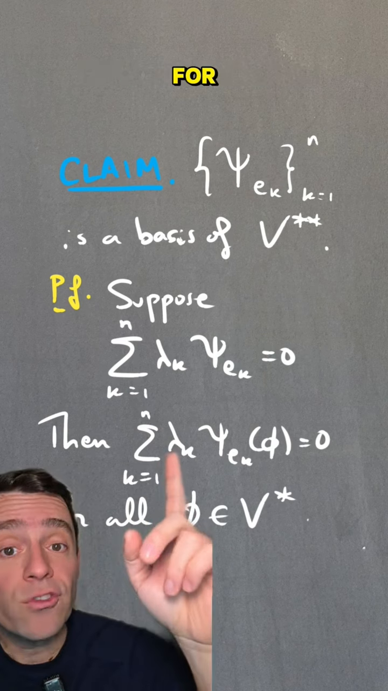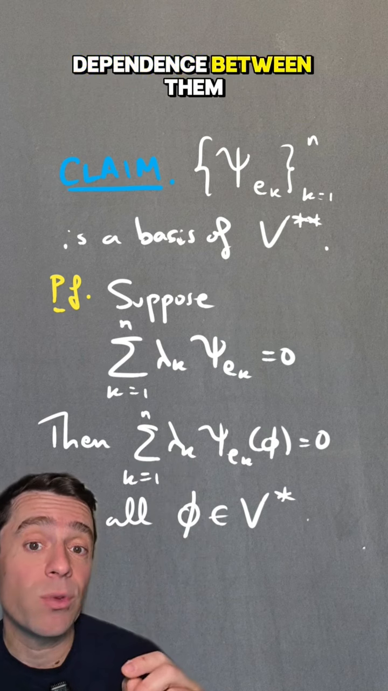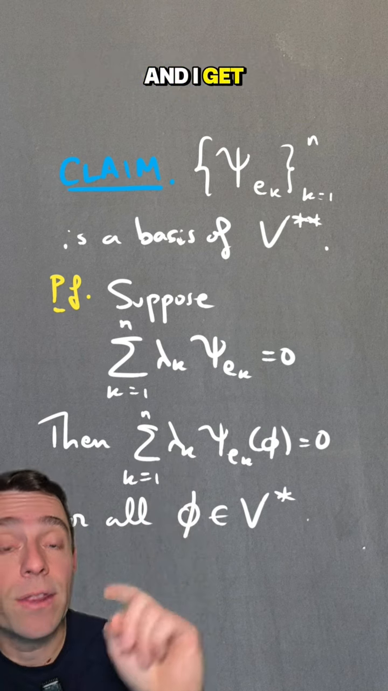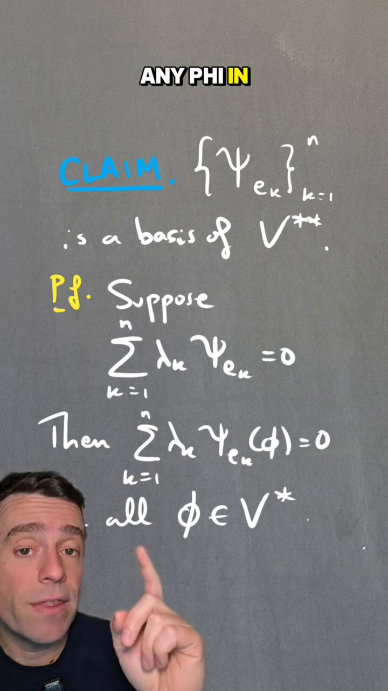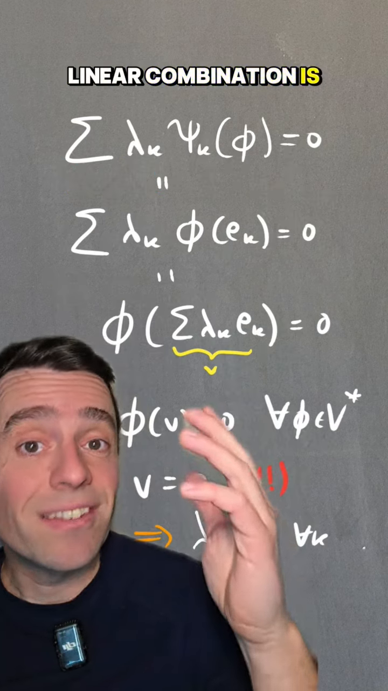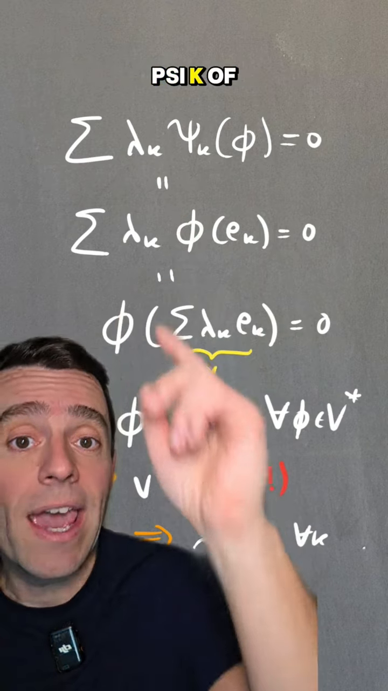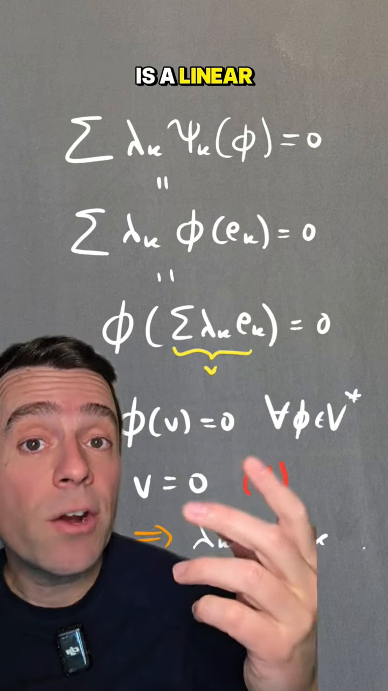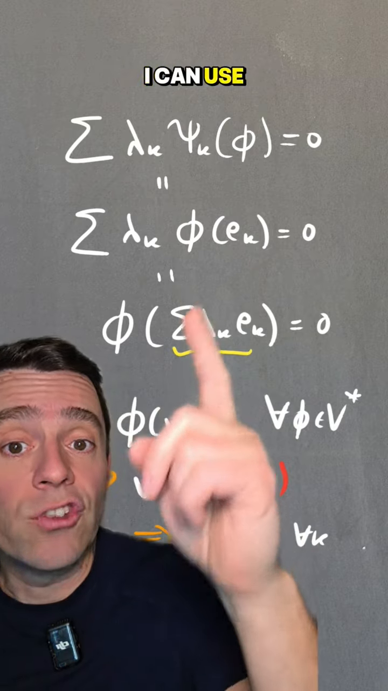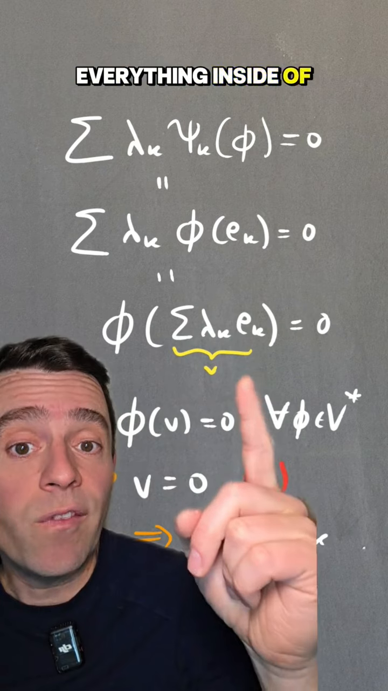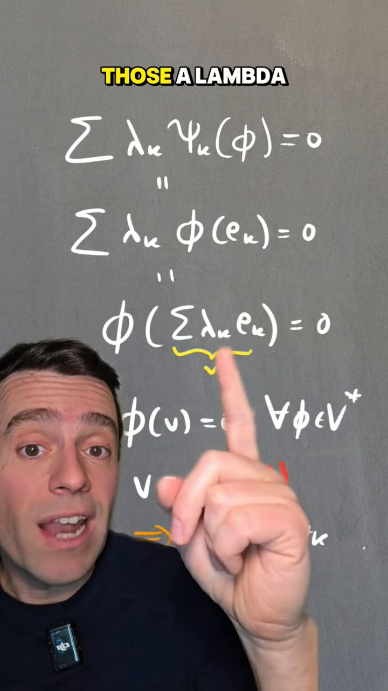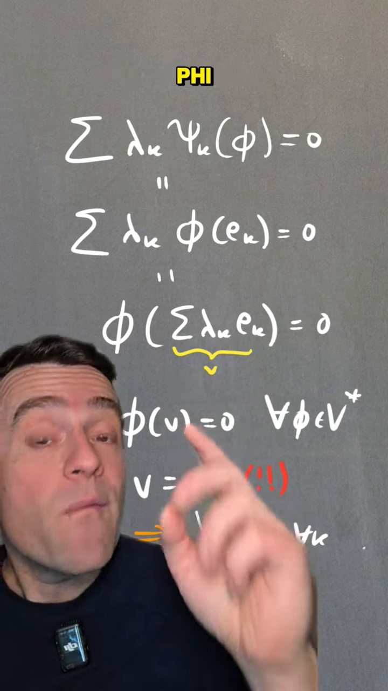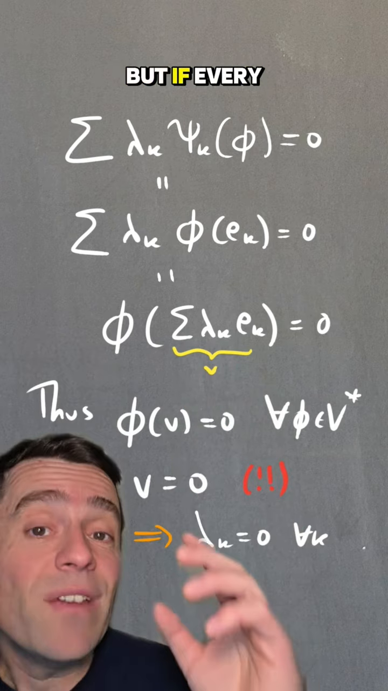For suppose that there is a linear dependence between them, then I can evaluate at any phi, and I get this equality for any phi in the dual. And if that linear combination is 0, then, well, I know what psi k of phi does. It evaluates phi at Ek, and phi itself is a linear map from V to F, so I can use linearity to bring everything inside of phi, and now that sum of lambda k Ek is a vector V that is in the kernel of phi for every phi. But if every element